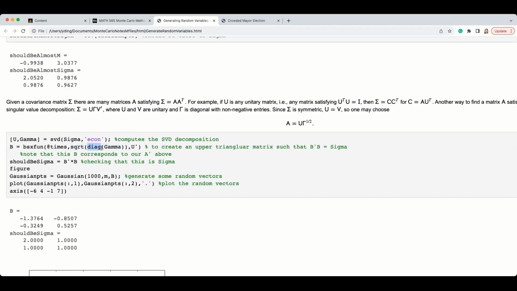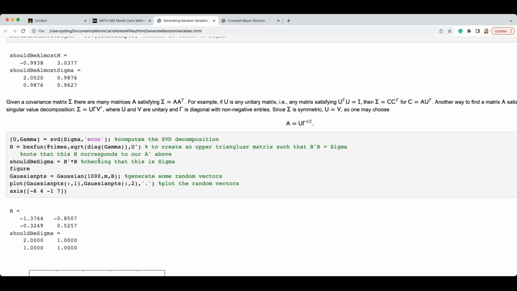What does that try to do? If you have a matrix and you apply diag to that, it just extracts the diagonal elements, and it will be a vector there. So you take the square root of that, of course, and then do the multiplication. And be careful here, it's just trying to multiply this one by U transpose, which means we actually do the same thing as we did before. This V is actually A transpose. So that's why it's times U prime.